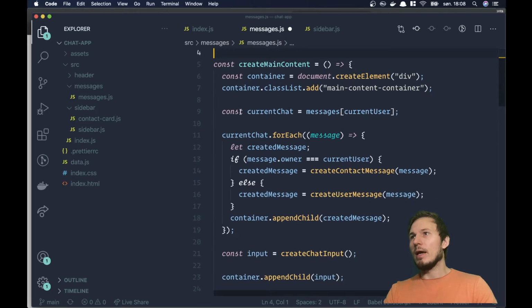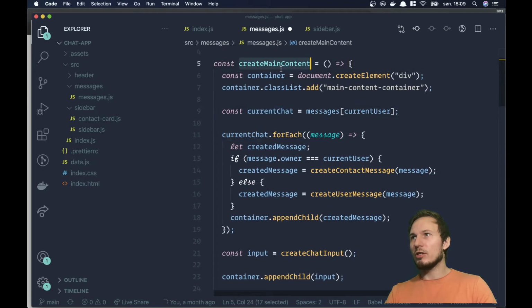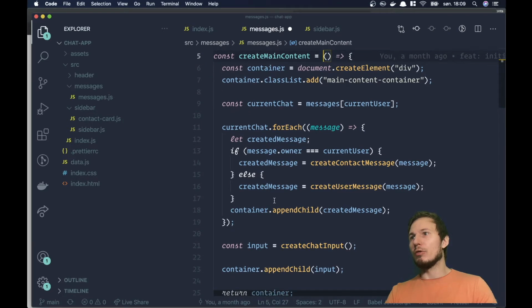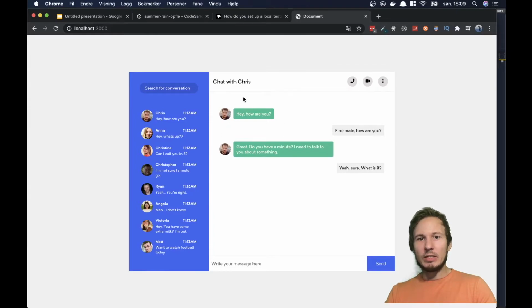And you can see that what we're doing here is actually wrapping this entire functionality here in the function, which means that we can call this function without any parameters or arguments, and it's going to create everything that's inside here. And if you want to know what that is, basically it's this section right here that renders out all of these chat messages. And that's quite handy for us,